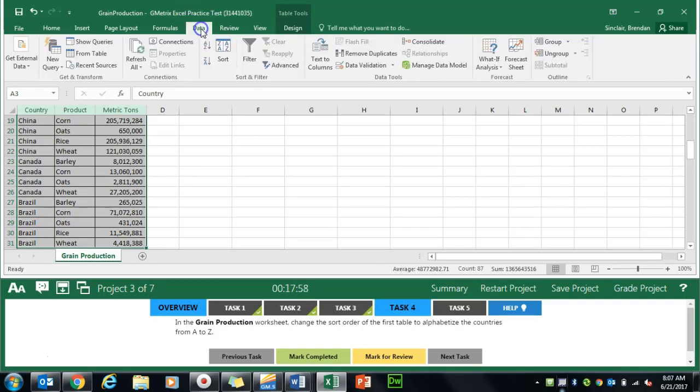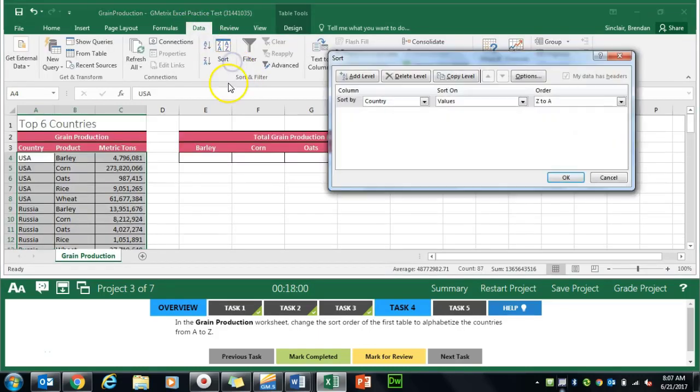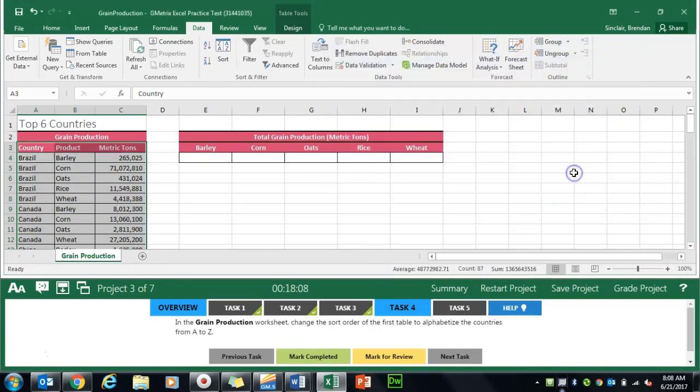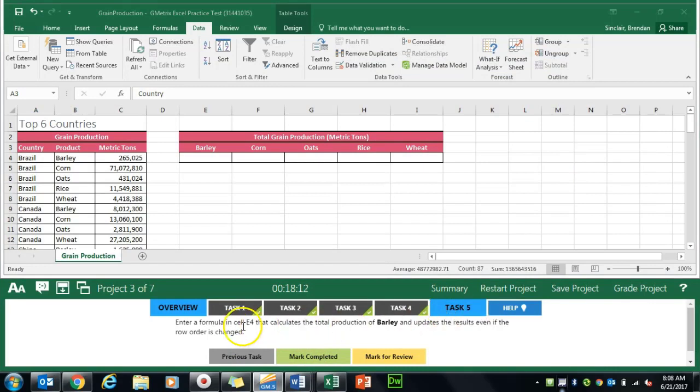So we'll go ahead and click Data, we'll click Sort, and Country is already populated, and notice it says Z to A. We just want to switch it to A to Z, and we'll click OK. Click Mark Completed. And Task 5 asks us to go ahead and insert a formula in the cell E4 that